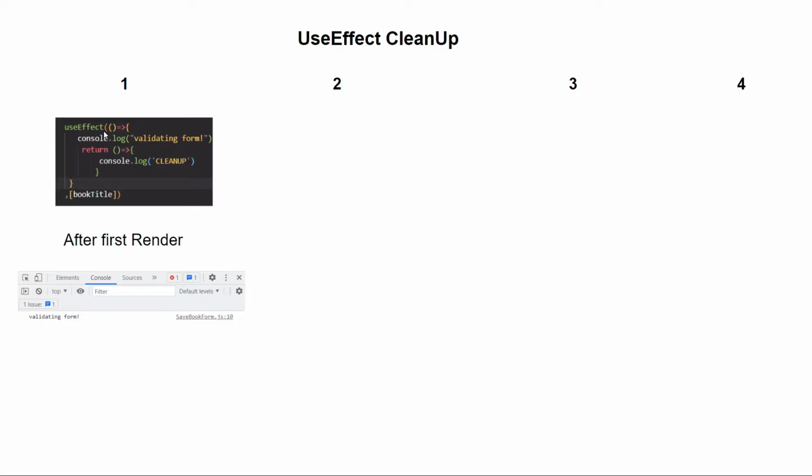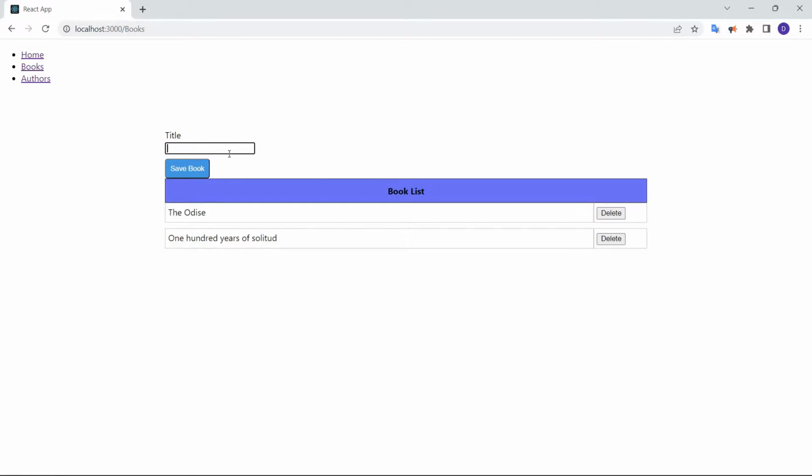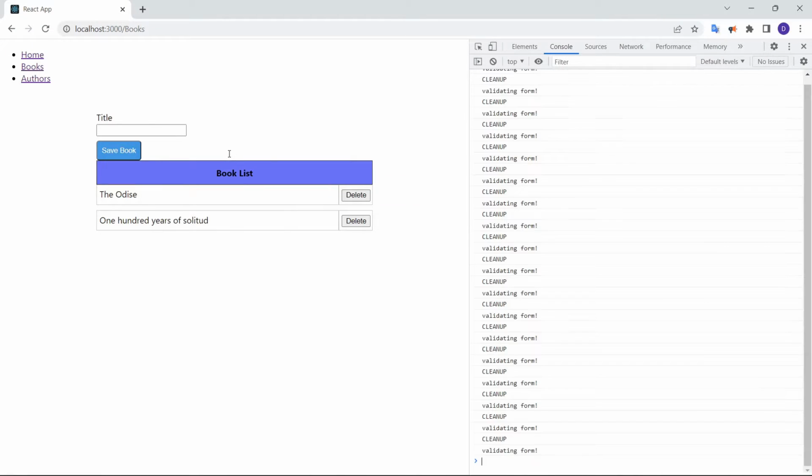We have 4 steps. I'm going to start with number 1. Numbers 2 and 3 are key presses, and number 4 is when I change the window, when I change the component. Now, this first step is executed after the first render. What does it mean? Let me show the